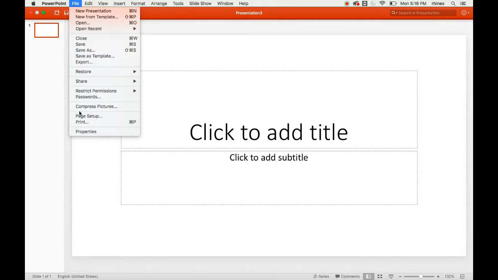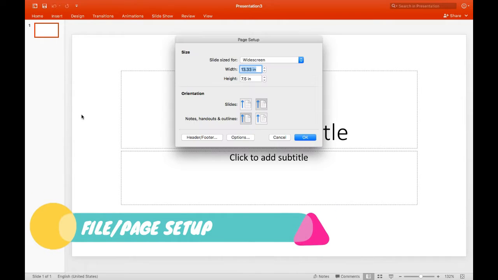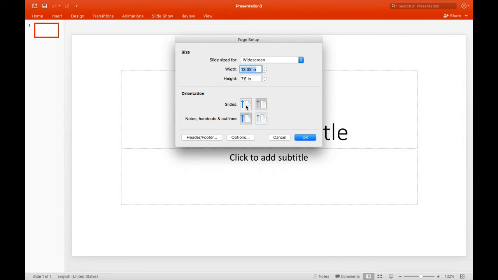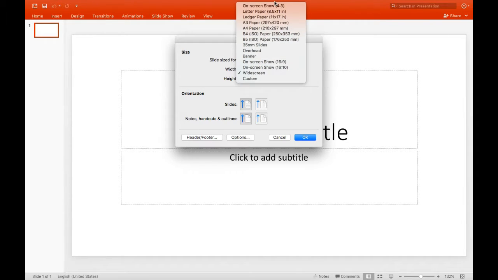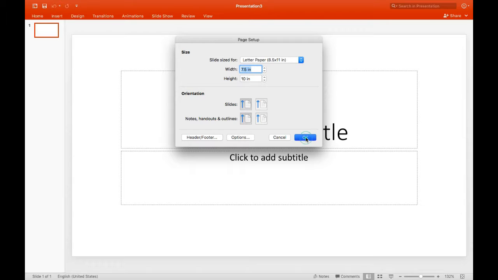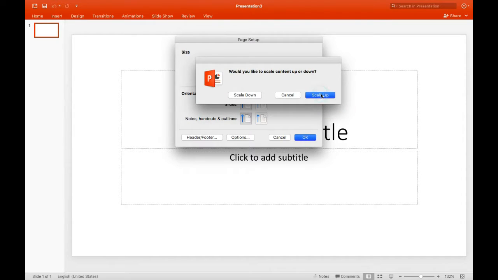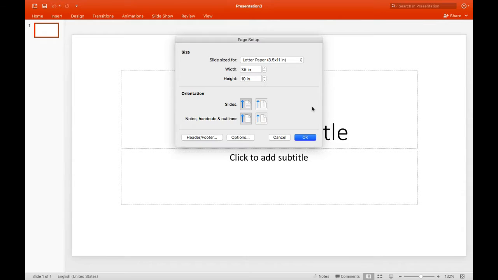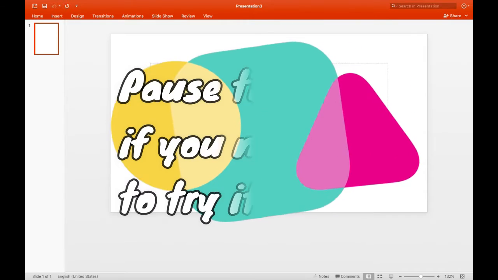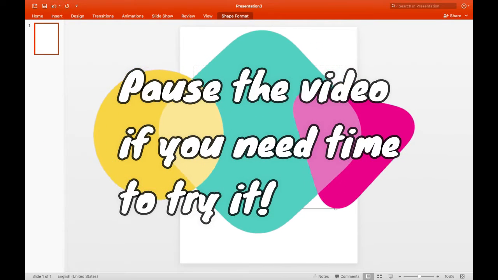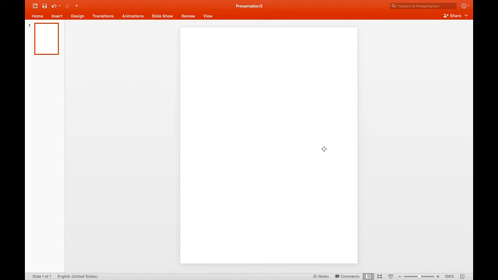So the first thing that I would do is go to Page Setup. And right now, instead of being horizontal, I'm going to click right here where it says Slides. I'm going to click this up and down, and I'm going to set it as a regular paper so that when I get ready to create this, it's going to display in a traditional paper mode. And one of the reasons I'm showing this is that if you submit it in other formats, then sometimes it doesn't display well. So now I have a blank page, and I'm going to go to Insert,